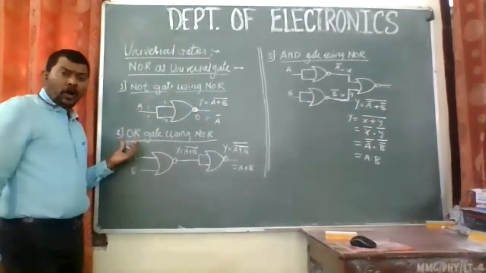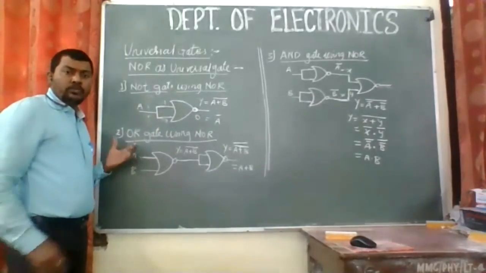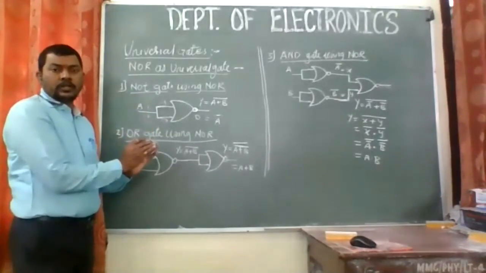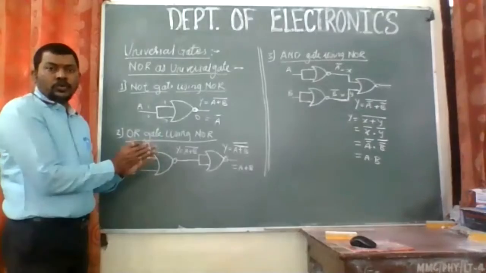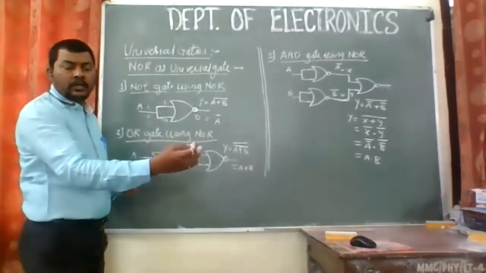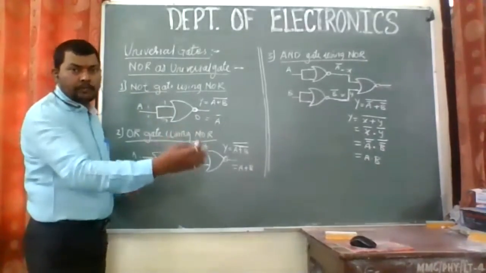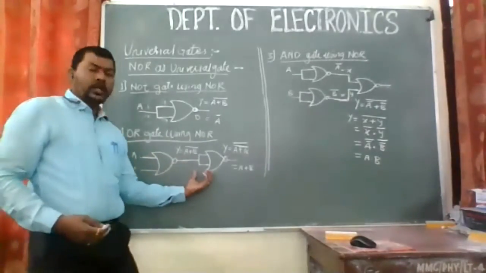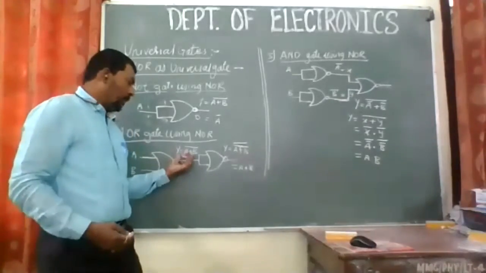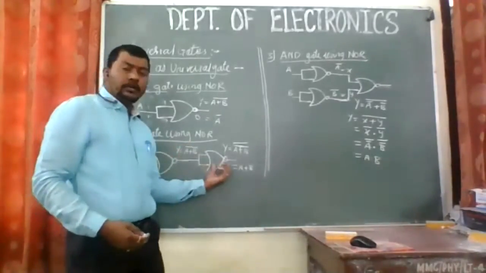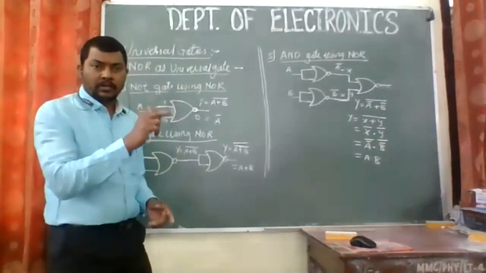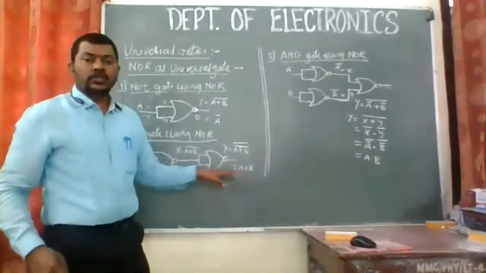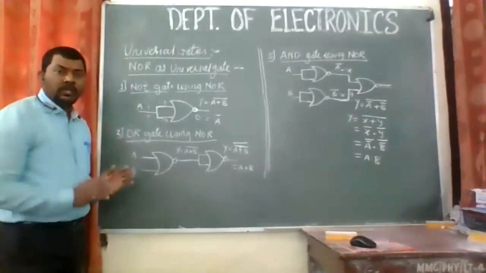Now, to prepare OR gate, earlier to make NOR gate, we have connected a NOT gate to an OR gate. That is how the NOR gate was formed. So if you put another NOT gate in front of that, you'll get back the A plus B signal. So this is a NOR gate, and I am joining a NOT gate in front of it. So it will be (A plus B) complement, and here it will be (A plus B) double complement. So the complement cancels, and we will have A plus B. This is the equation of OR gate.